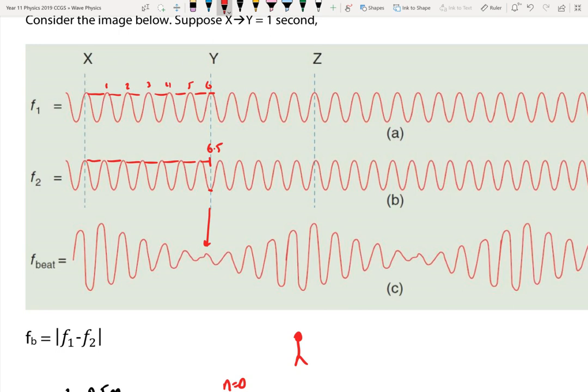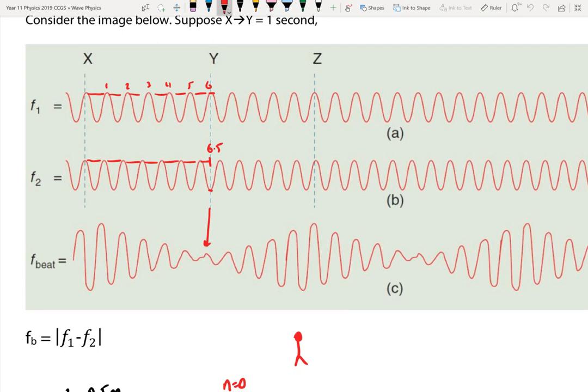Now, an old school example is your twin prop planes in World War II. They would be driven by carburetors pumping fuel in, and they're spinning at a certain RPM, right? If one prop is spinning and the other prop is spinning, the pilot might hear a beat frequency, which means that one of the propellers is spinning a little bit faster or slower, yeah? Now, you don't really want your two engines putting out different amounts of thrust. So they would either throttle up or throttle down one of the props, and the beat frequency would either increase,